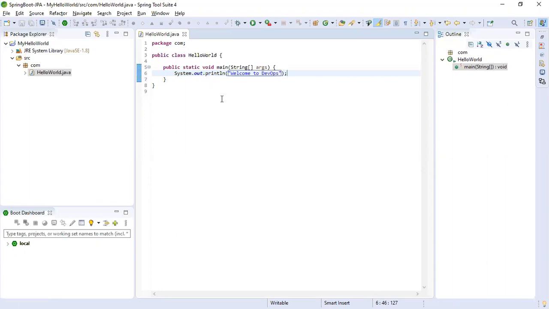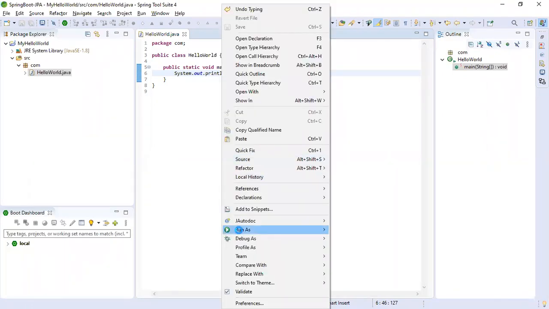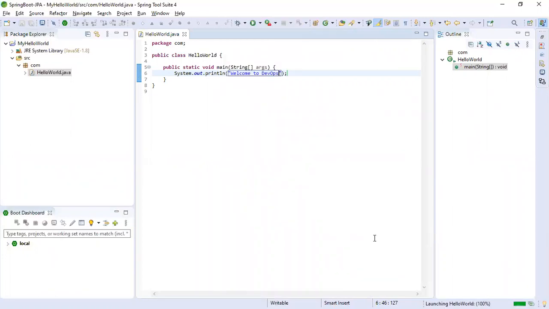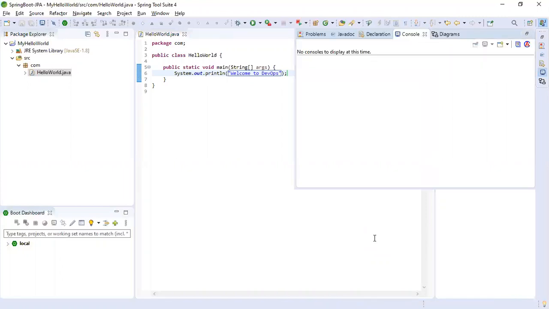Okay, so now I'm going to run this. Okay, so this is my simple program.